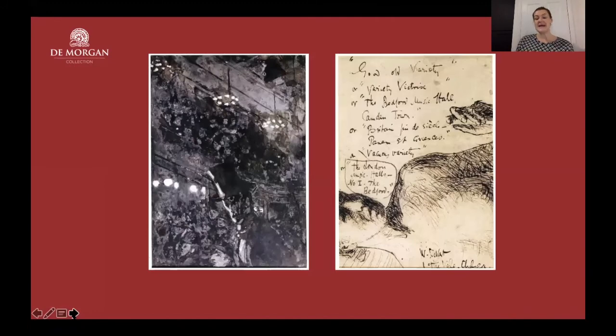For William de Morgan's health, but also for artistic reasons and to visit Evelyn de Morgan's family, from 1890 to 1914, the de Morgans spent winters in Florence. This meant anything from a couple of months up to 6 months of the year. During this time, they kept the Vale, that was their home. They rented it out to various different people, and definitely in the winters of 1891 to 2 and 1893